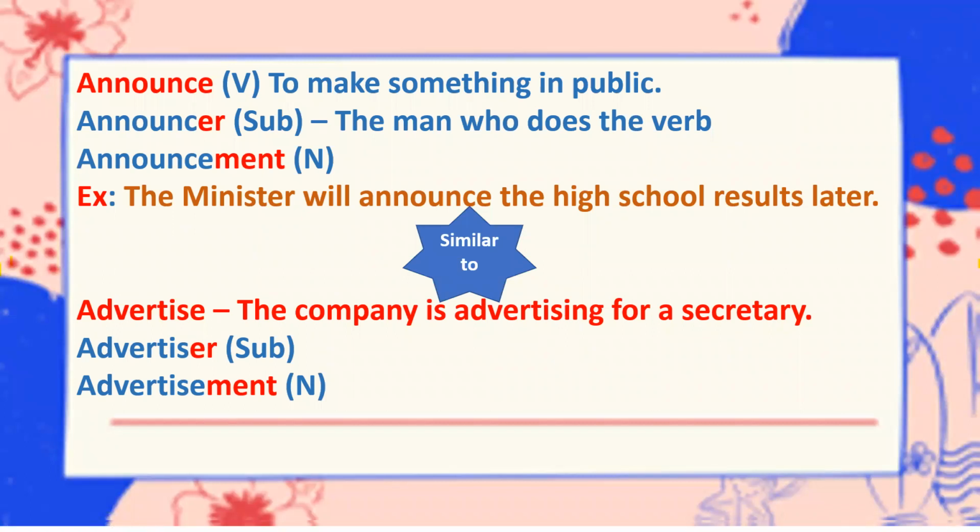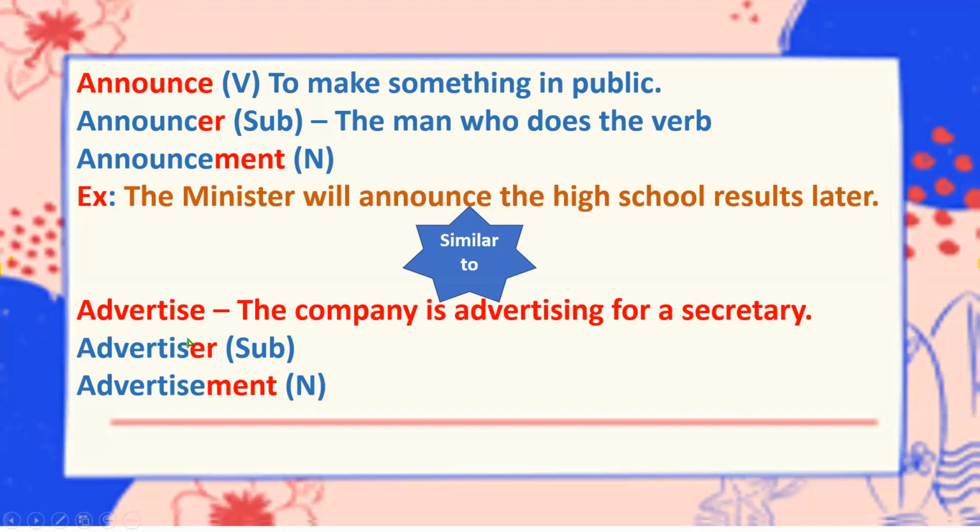Okay. So here, if I ask you a question, I want you to put the verb announce in a sentence. Can you do this or not? Okay, you can. Muhammad and Mona will announce their engagement in a newspaper. Wonderful, more than amazing. So here, a similar word for the verb announce is advertise.